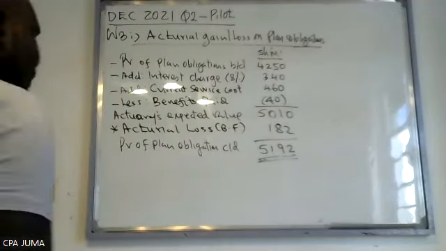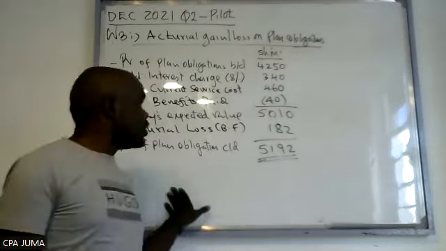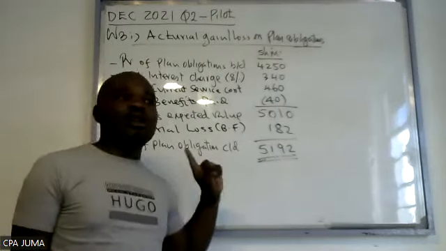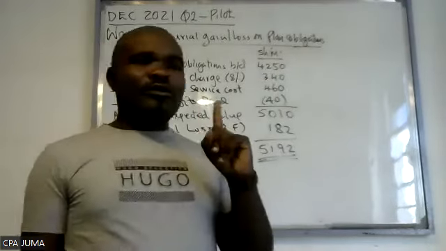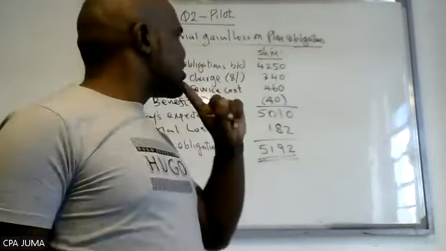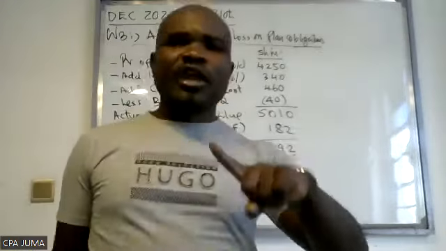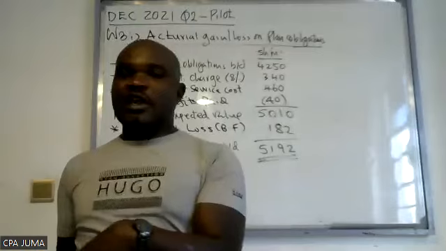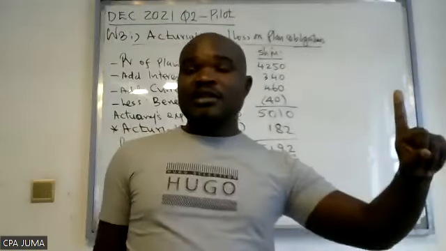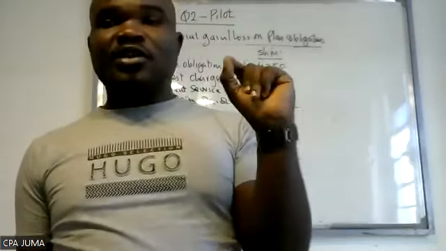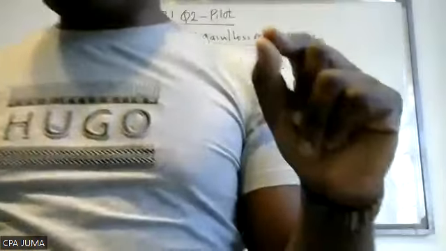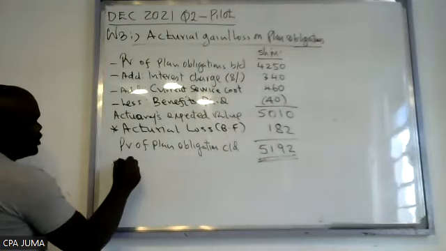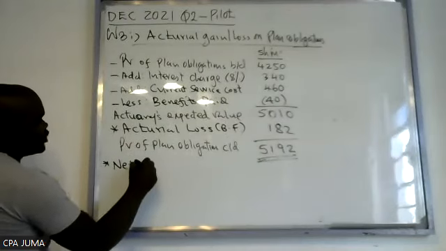Thank you. Now, check here. This is the same scheme, the same plan. On assets we gained, you have gained on your investment, and you have lost on your obligation side. The standard again requires you to get the net position. So you will come here and tell me the net actuarial